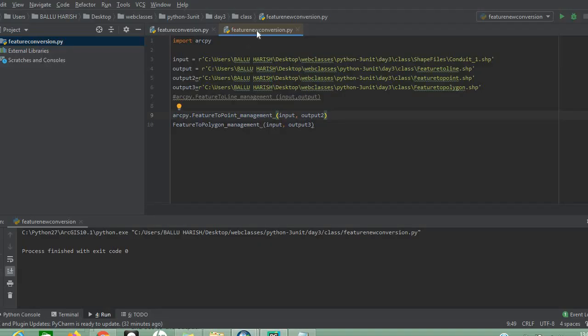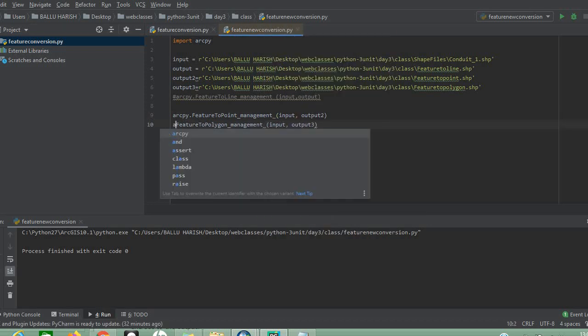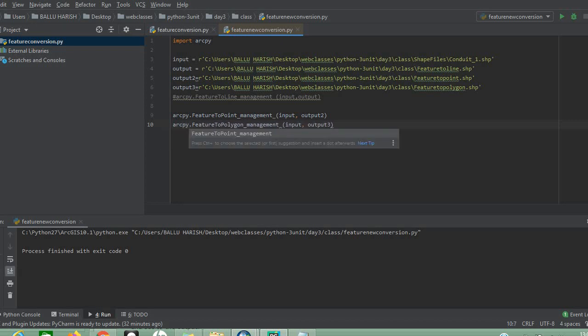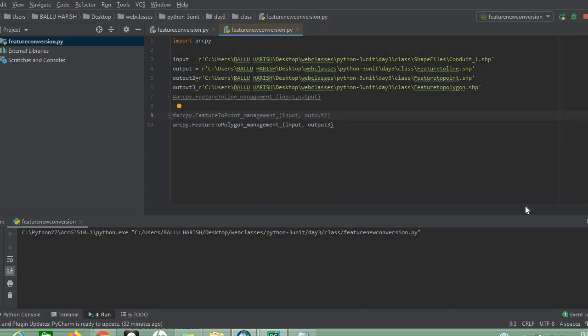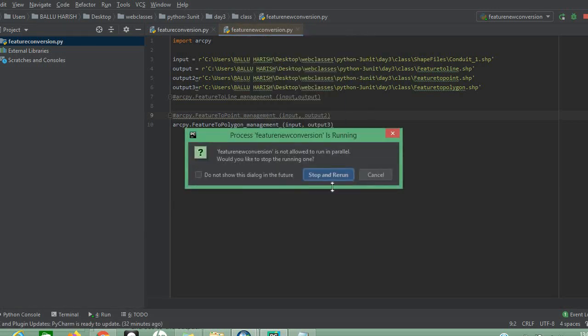Just go to the Python code, right click. Okay, again the same mistake, arcpy dot. Right click, just make this one a comment, and run the program.